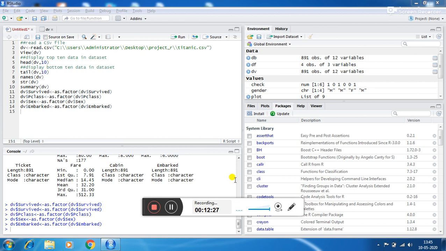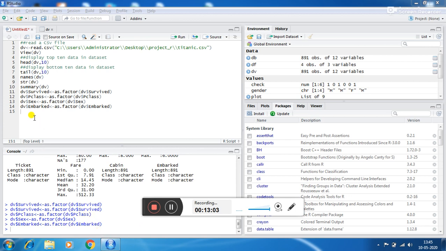What analysis will be done in the project? The survival rate: how many people survived, which age of people survived, which gender, male or female, survived, and which passenger class survived.